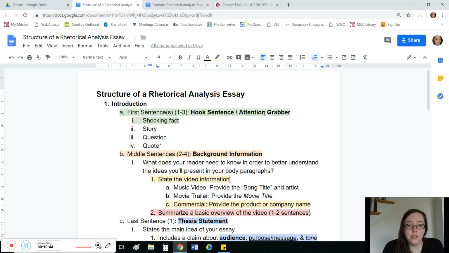and in that instance, if you are going to look at a commercial, which I don't think very many of you are, then you would just make sure you provided the product or the company's name when you're stating that video information. If you're looking at a movie trailer, make sure that you provide the title of the movie in your background information for your introduction. Just a side note, sorry guys, movie titles are always written in italics font,